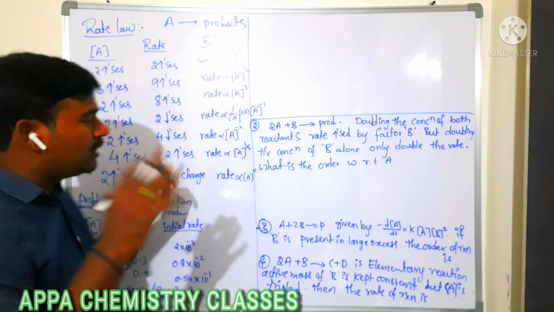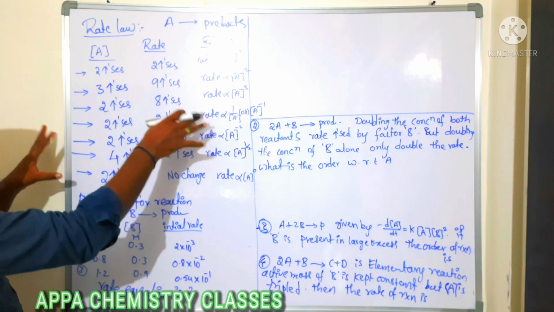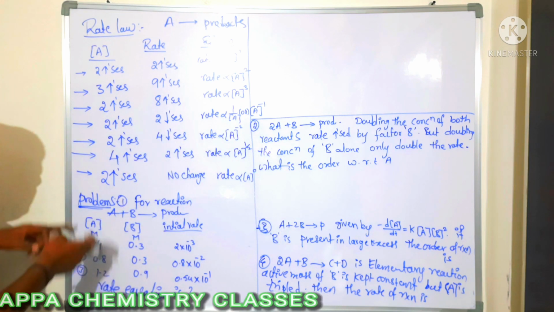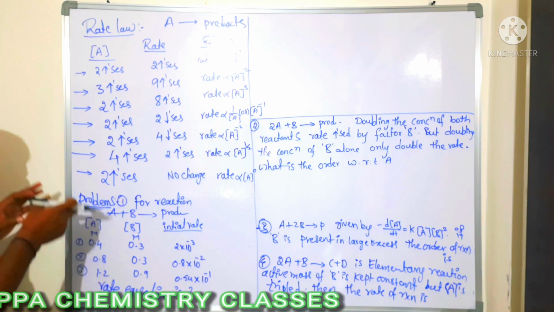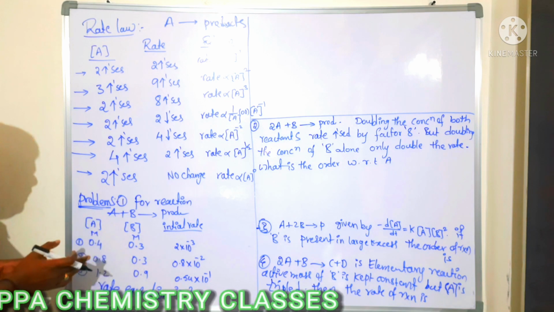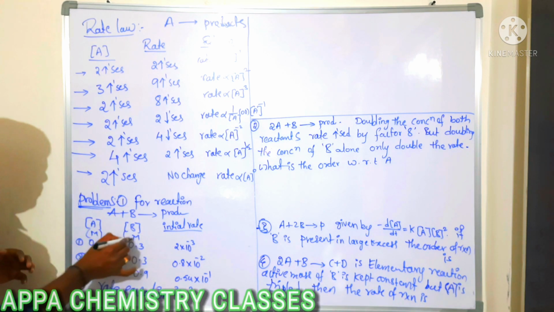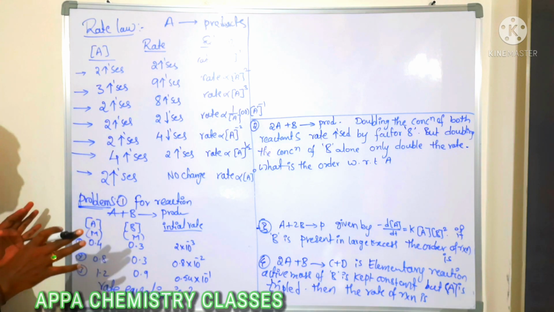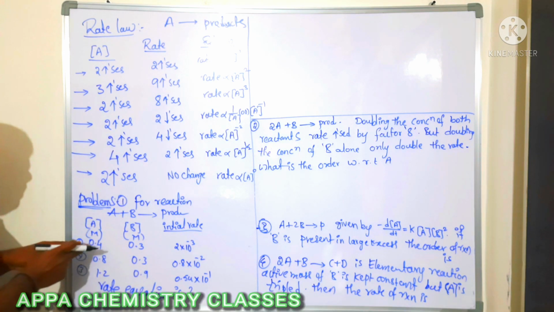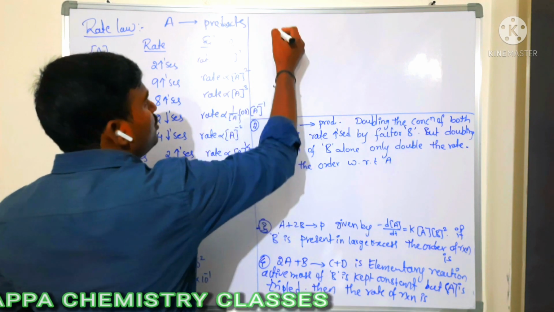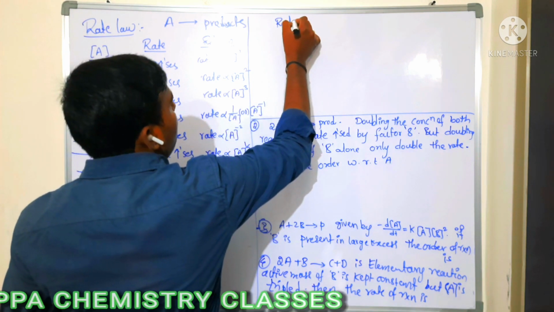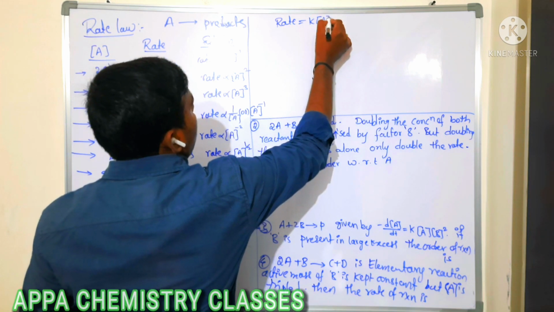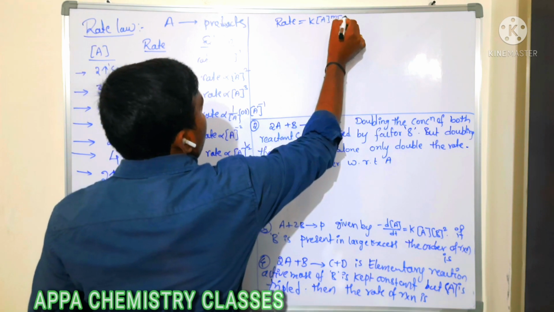Is that clear? So this is the relation table, which is very, very important. Based on that relation, we can solve these questions. First, we will do this model question, which is very, very important and repeated a number of times at mains level. So many times if we get a question on rate, definitely this is the model question. Now, you can take here A plus B gives rise to product. For that reaction, I am writing the rate expression. Rate is equal to k into A power m, B power n.